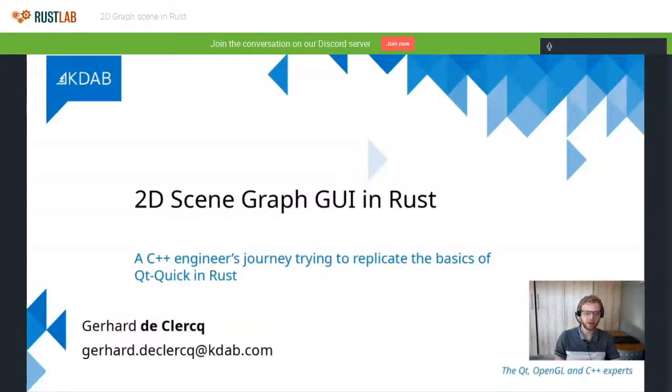So the subtitle is basically that this is a C++ engineer's journey on trying to replicate the basics of Qt in Rust. Basically it's just about how do we build a high-performance GPU-accelerated GUI stack in Rust? Although the Rust specifics are only really going to come in the second half of the talk. The first half is more just about GUI stacks in general.